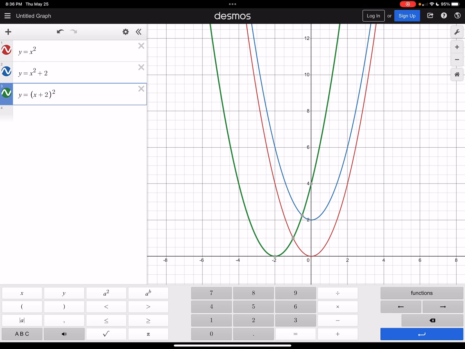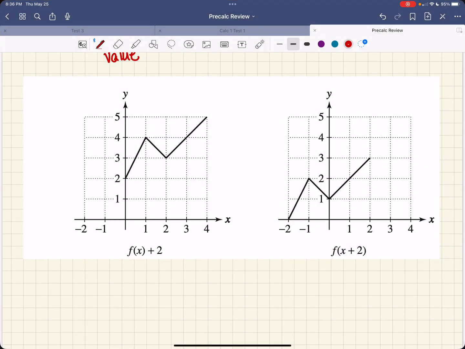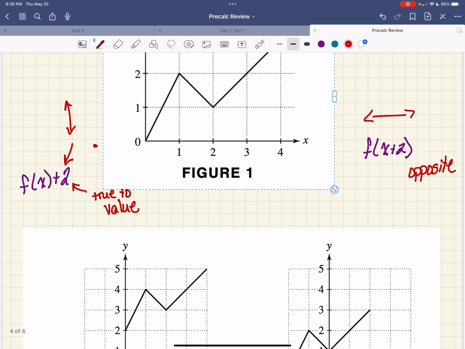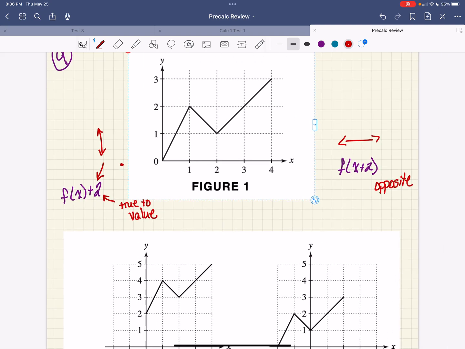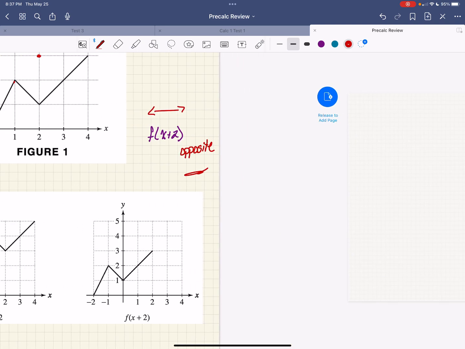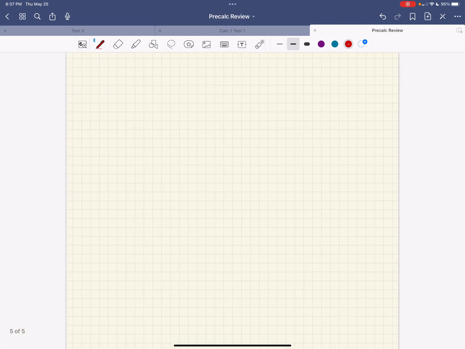Okay, so I just want you to look at that and think about that, and that's just our translations. We're just moving the function around, and that's exactly what we were doing here. We were just moving this function around. We didn't have the function defined except by a graph. Okay, and so sometimes when we're asked to just look at the graph and move it around, it's a little bit more complex. Okay, so now we're going to move to number 13 on our chapter review,